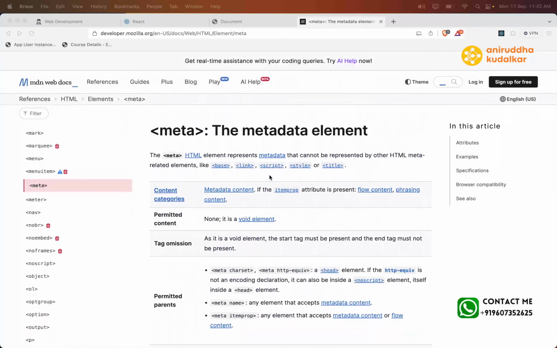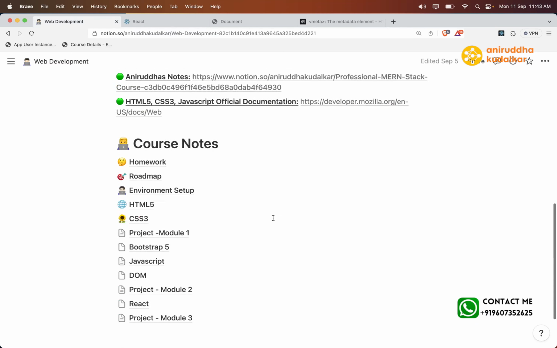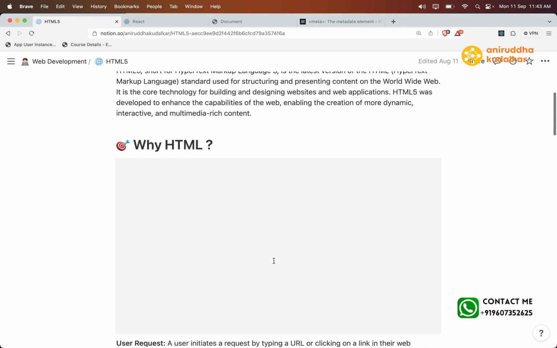Now what they say in the official documentation is that the meta HTML element represents metadata that cannot be represented by the other HTML meta elements like base, link, script, style or title. Other than these, there are certain things which need to be represented, and those things will go in a meta tag. So what is a meta tag? In the HTML5,